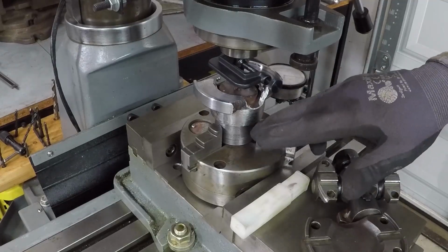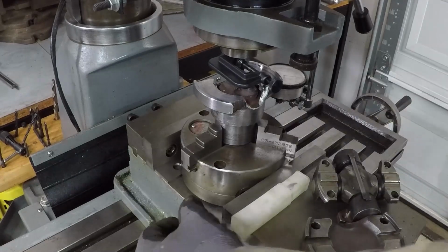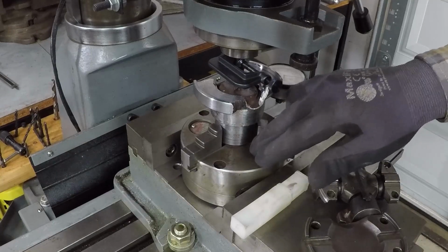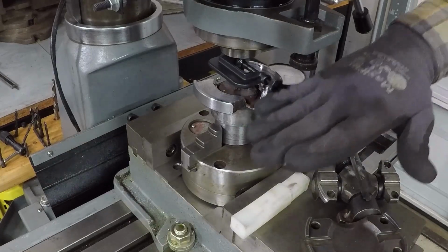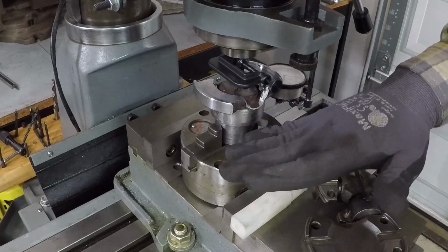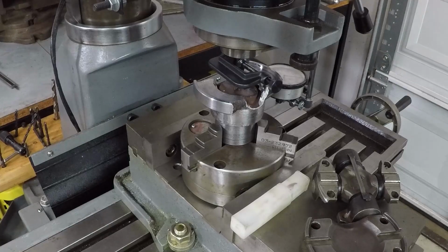I chucked this 5-inch 3-jaw chuck in the vise, and I have this parallel underneath it, and when I tighten it in the vise, I applied down pressure using the mill, and I tightened the vise so it's all the way down and it's very tight. Then I took this dial indicator